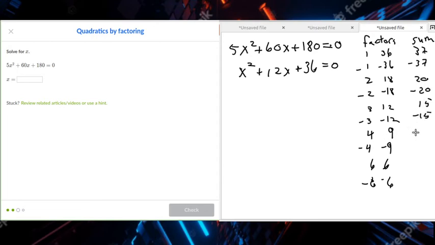You do not have to write all these out if you can do it in your head. But I want to make sure that you know what's going on. And I need this positive 12 here. So here's that positive 12. So I can factor it as 6 and 6. And this is, in fact,